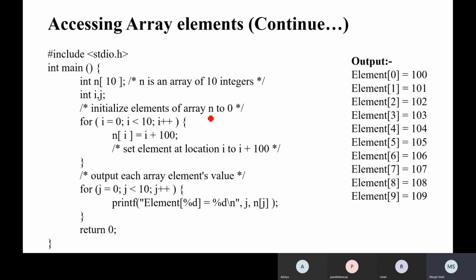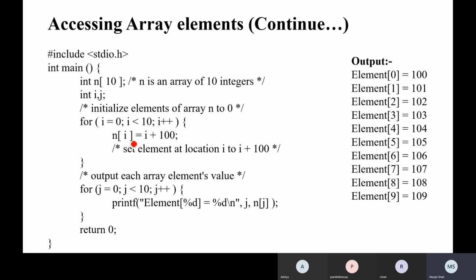Initialize element of array n. Actually it will not initialize the array n to 0, it is starting with 100 to 109. So it will initialize 100, then set the element at the location i equal to i plus 100. Then next is i plus plus.